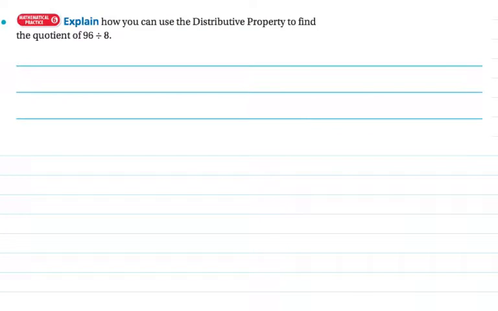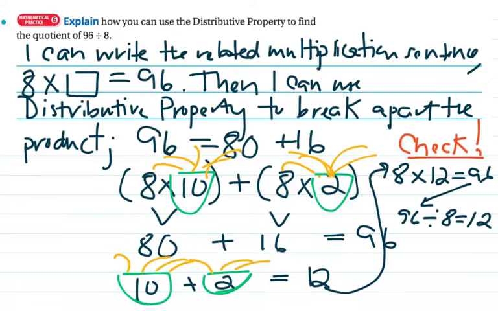Now, students, the last step here says, explain how you can use the distributive property to find the quotient of 96 divided by 8. So students, what I said here is I can write the related multiplication sentence 8 times an unknown number is equal to 96. Then I can use the distributive property to break apart the product. So I have 96 is equal to 80, which is a multiple of 10, plus 16. And when I just did this, I made them be in more manageable parts. So I'm going to use that information, 80 plus 16 is equal to 96, to help me write my distributive